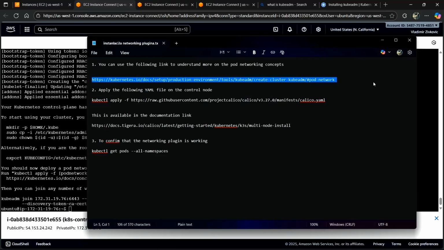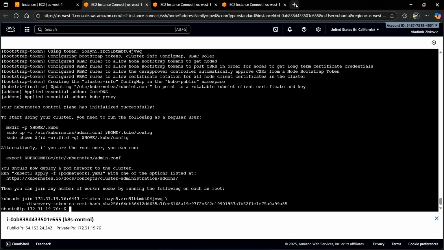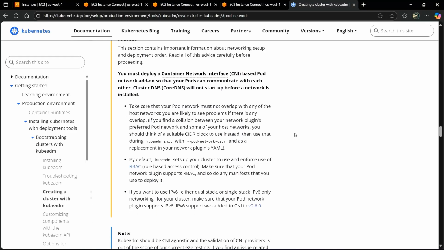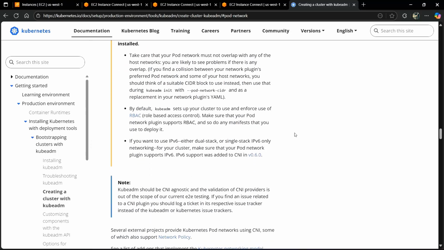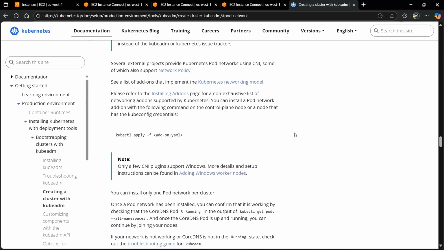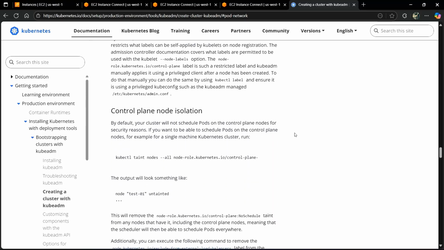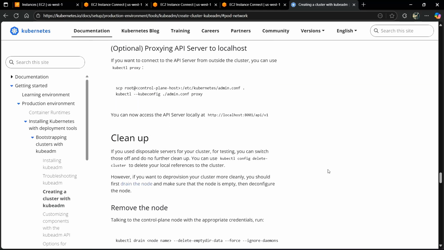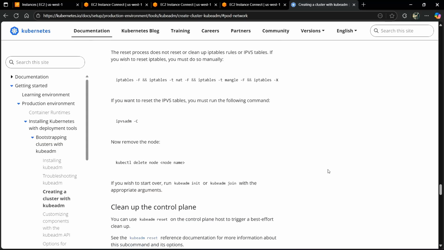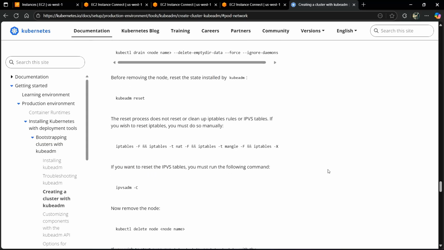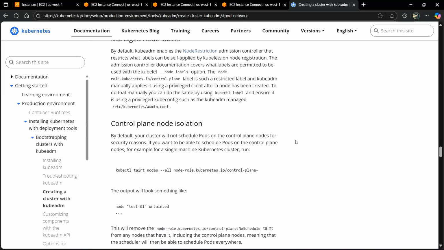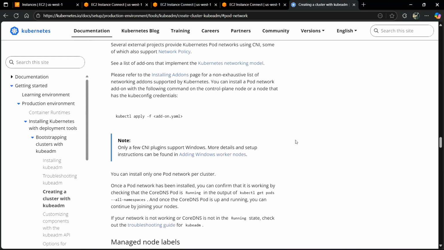So we can use this following link to understand more about the pod networking concept, and if we open this in a new tab, we will go to the official Kubernetes page, and you can check all about how you can create a cluster with kubeadm, how you can install a network plugin for our pods, and this is all that you need to know. So you can read this. I will leave you this link, and you can simply check all about how to manage node labels,